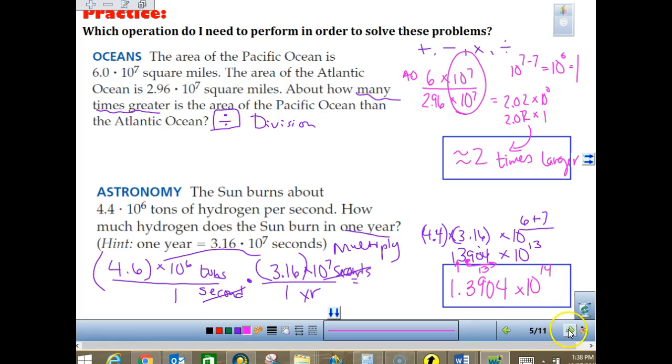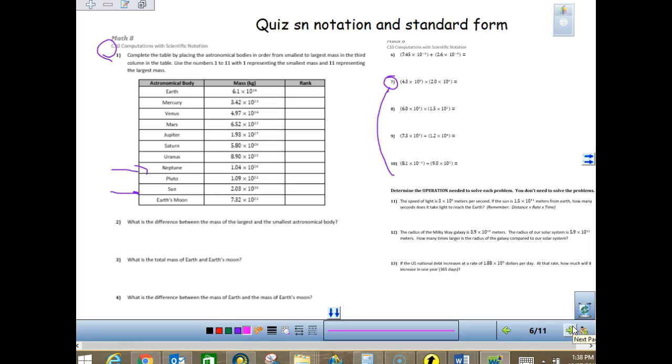As you are doing your homework, you should have ranked these already. The reason you want them ranked is because the first question, number 2, asks that you take the difference between the largest and the smallest. The difference we know is subtraction. What was our largest? The sun. So we're taking the sun, and we're subtracting the